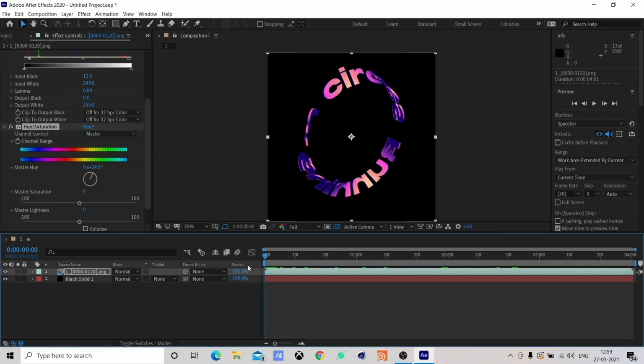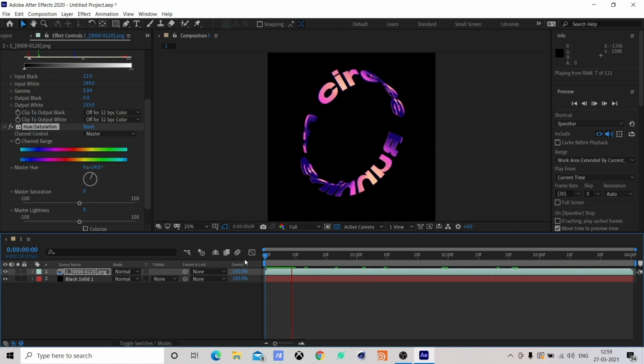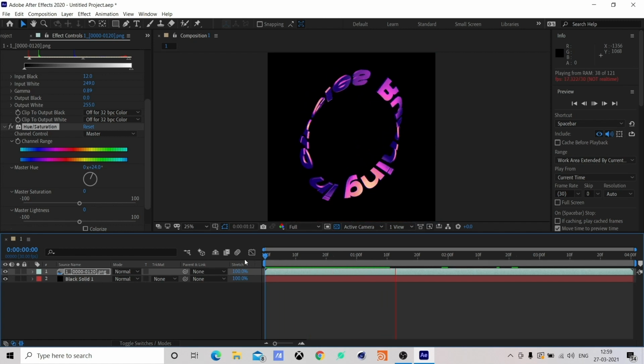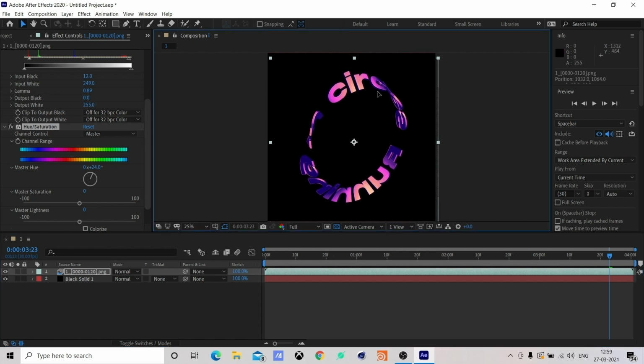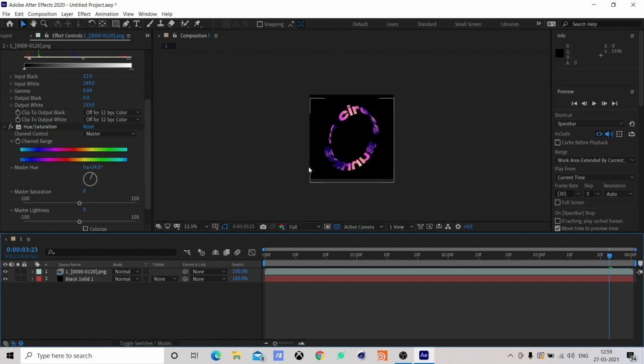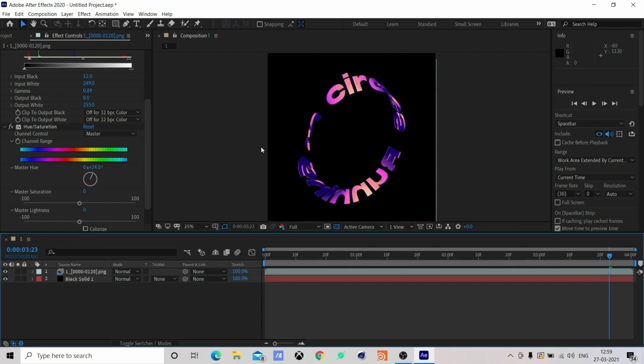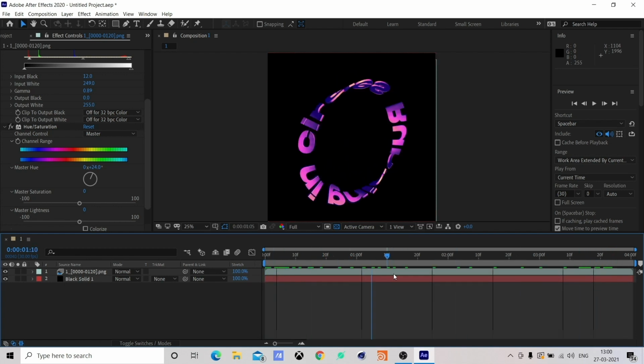So yeah, I think this is it for the post processing. So I'll just play it once to check. I think in terms of positioning, this is a little too up for me. I'll just bring it down a little, just center it out. So ideally this should have been done in Cinema 4D, but yeah, this is the benefit of using After Effects. You can basically tweak your animation even after you've rendered it out.